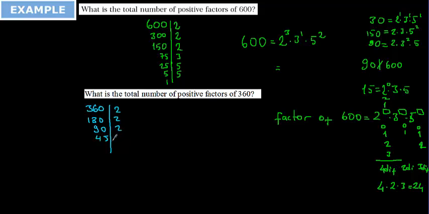Now we cannot divide by 2, so I'm going to start with 3: 45 divided by 3 is 15. Again 3 divides it and it becomes 5, and 5 divides it and it equals 1. Okay, so 360 is equal to 2 to the power of 3 times 3 to the power of 2 times 5 to the power of 1, and the positive factors